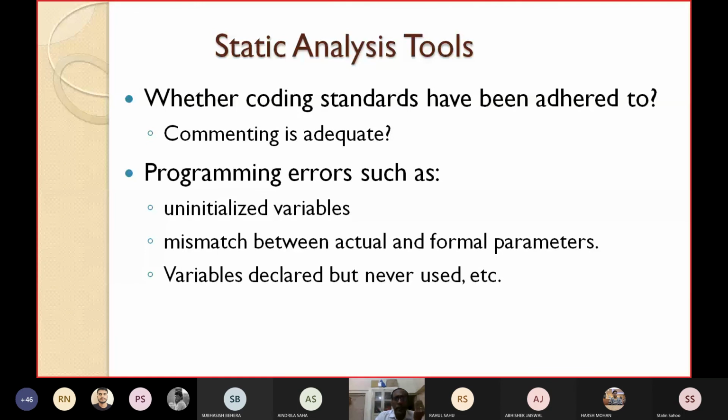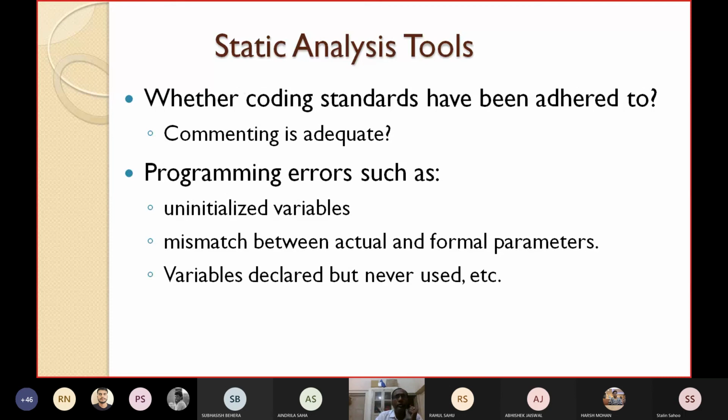They may also provide information about programming errors, such as whether you have used uninitialized variables, that means variables used without initializing them, if there is a mismatch between the actual and formal parameters, or if some variable you have declared is never used, etc.